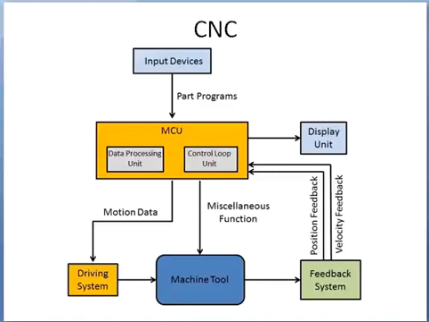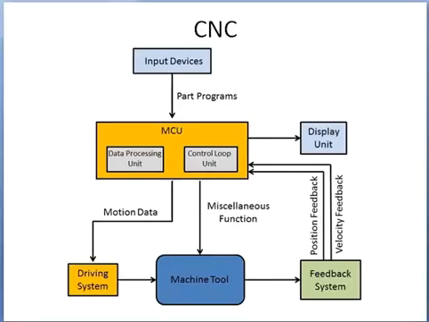So first one, that is central processing unit. This is the main component of the processing unit, which is also referred to as a machine control unit, that is MCU. The CPU is the heart of a CNC system. It accepts the information stored in the memory as a part program. The data is decoded and transformed into specific position control and velocity signals.